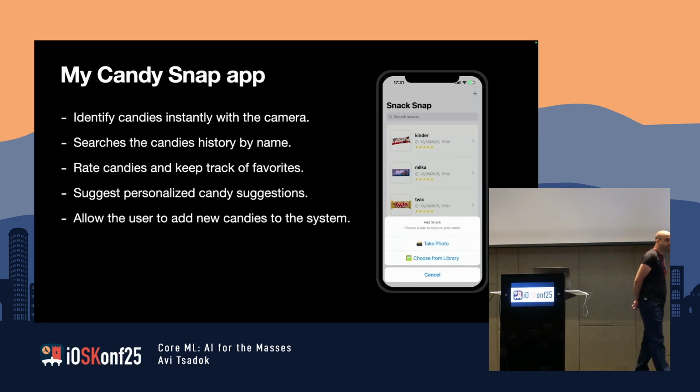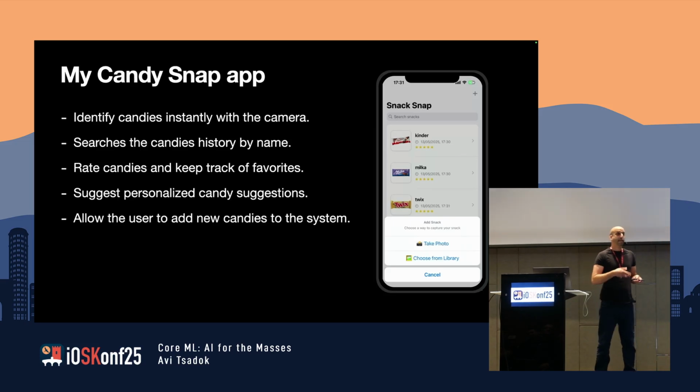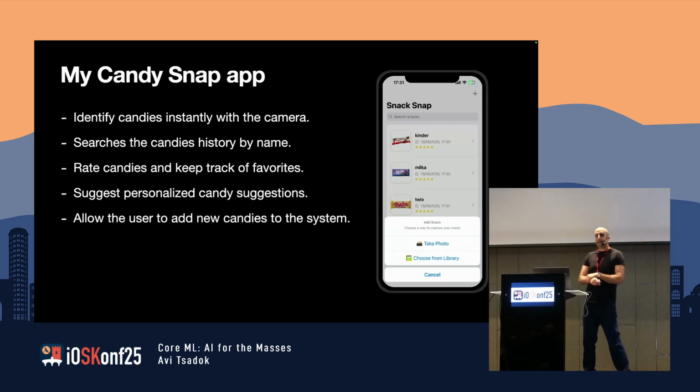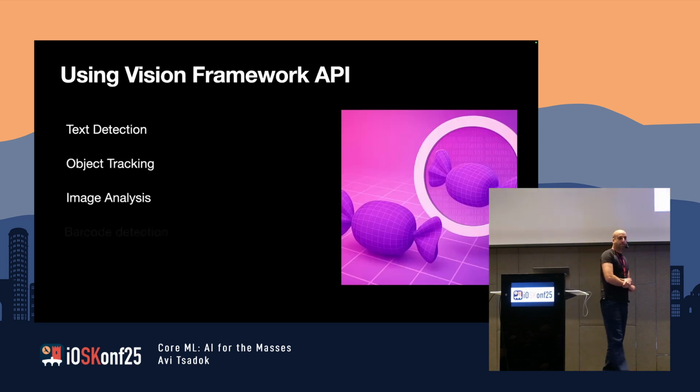So we are going to build an app called My Candy Snap app. It lets you log your candies. It can identify different candies. You can log their history. You can do so many things with it. And the first thing that we need to do in order to start building the app is use the Vision